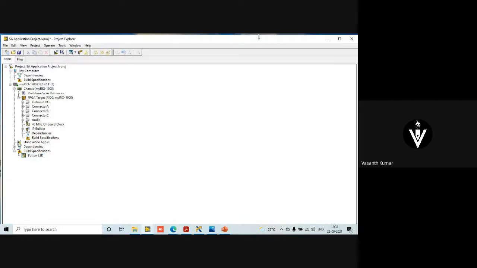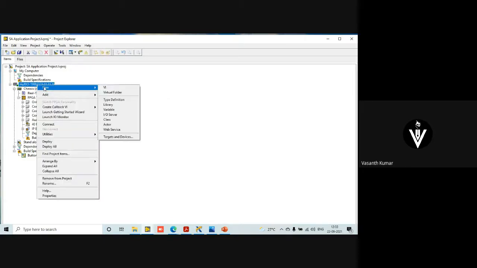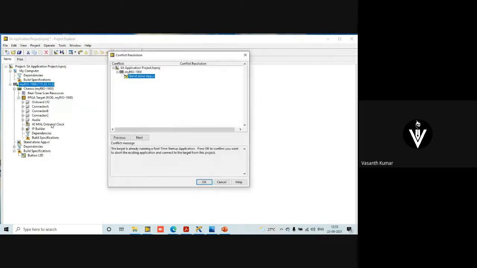So now what you have to do is you have to just right click on my MyRio, open the target project, whichever MyRio is connected, right click and say connect. So here it will pop up an error saying that, can you see, inside the MyRio you have a standalone application.vi which is running. Okay, so it says that the target is already running an RT startup application, which means that there is some code jumped inside, which is basically controlled by your MyRio processor, Zynq processor.